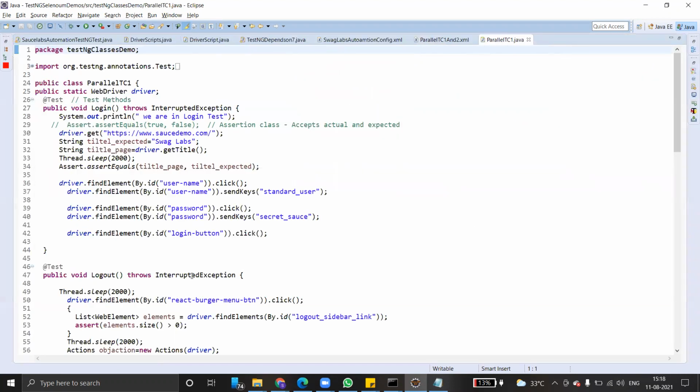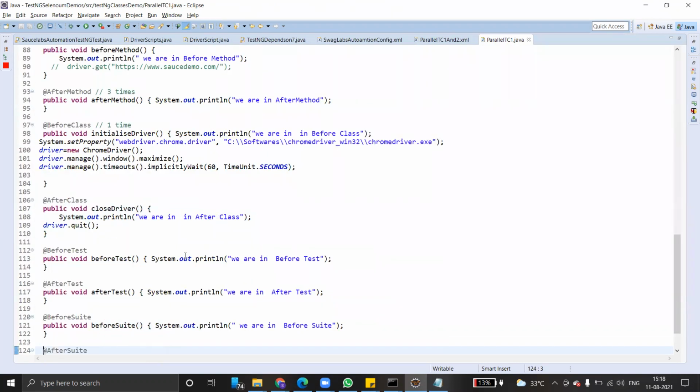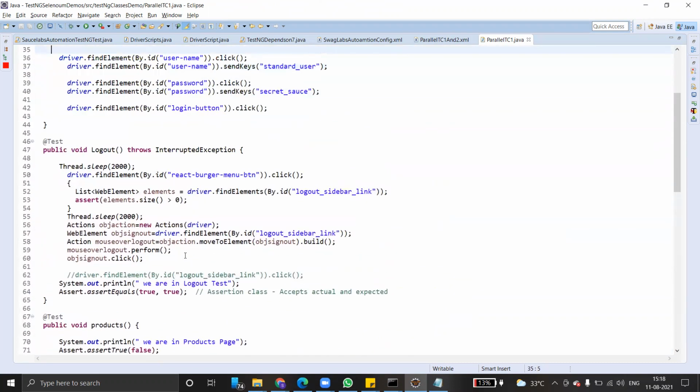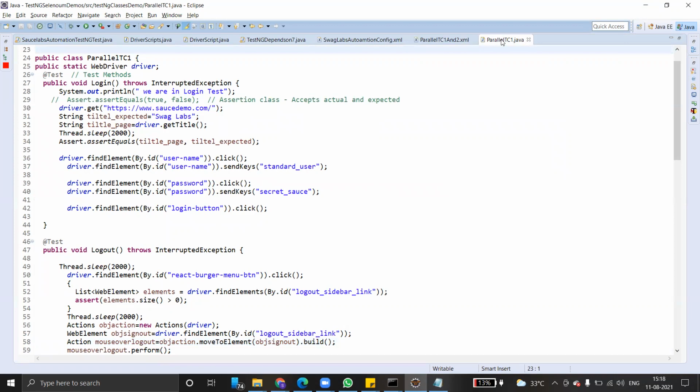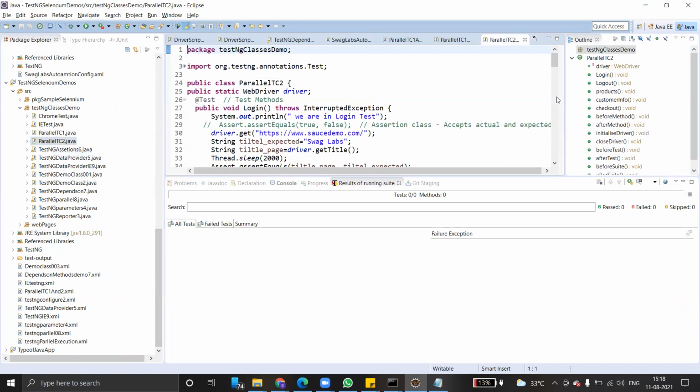It is also a very simple test case where we enter username and password and click log out. Products and information, so many things are there. So this is one of the classes which we are launching. There is another test case, test case 2. What is this application? This is also the same application. Simultaneously, two browsers get opened and executed.